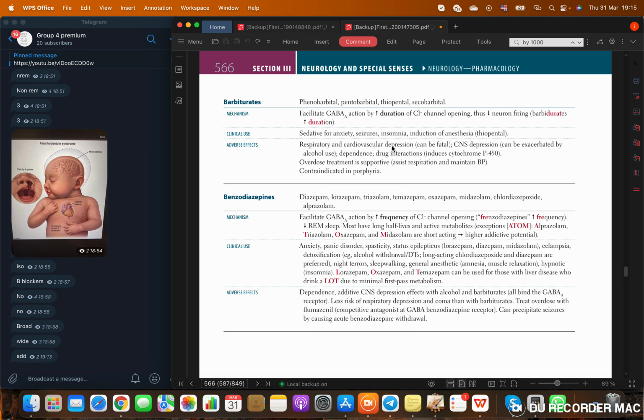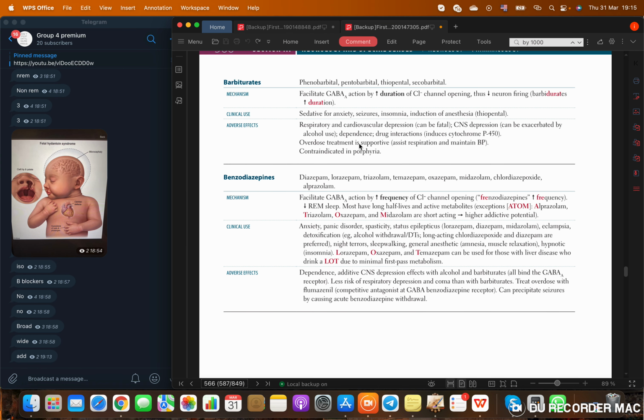Adverse effects, we have a good list here. Respiratory and CVS depression can be fatal. CNS depression can be exacerbated by alcohol use, so please don't drink alcohol while on it. Remember, alcohol also stimulates the GABA. Dependence, and drug interaction because it induces the cytochrome P450, and overdose treatment is nothing. That's the problem here. One of the main problems of barbiturates is high dependency,